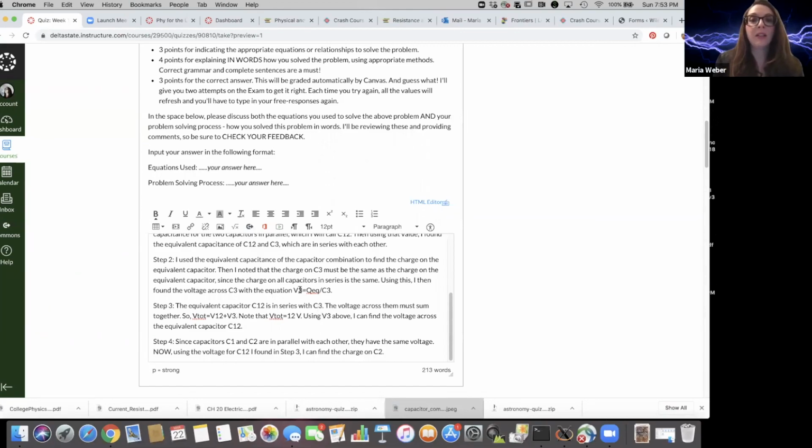So using V3 from above, I can find the voltage across the equivalent capacitor C12. If V3 turned out to be 8 volts, and the total voltage is 12, then the voltage across my combination of capacitor 1 and 2 must be 4 volts, because 8 plus 4 is 12. Now, since capacitors C1 and C2 are in parallel with each other, they have the same voltage drop across them. Now, using the voltage for C2 that I found in step 3, I can then find the charge on C2,